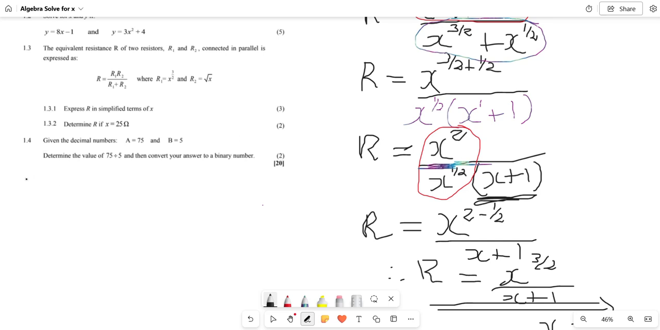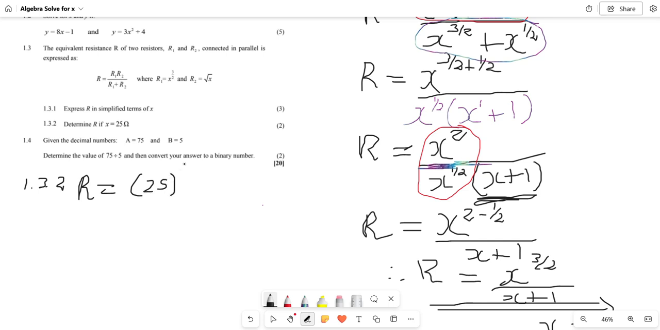Then without wasting any time, we indulge 1.3.2. It says determine r if x is equal to 25 ohms. Meaning, in this simplified equation, where we see x, we are going to substitute 25, which represents 25 ohms. Then we are going to have r equal to, remember, where we see x, we are going to substitute 25,